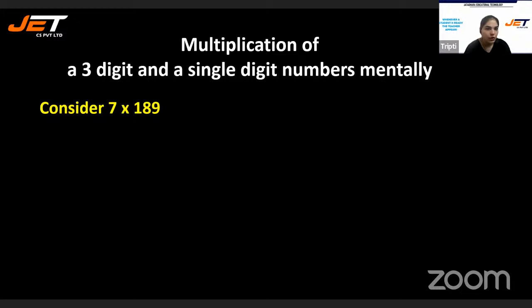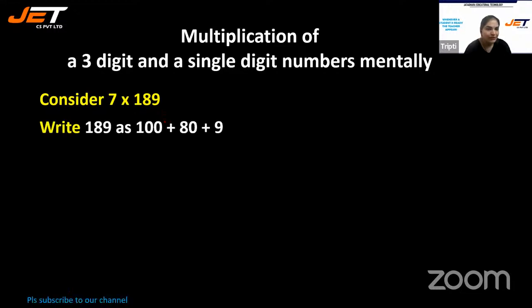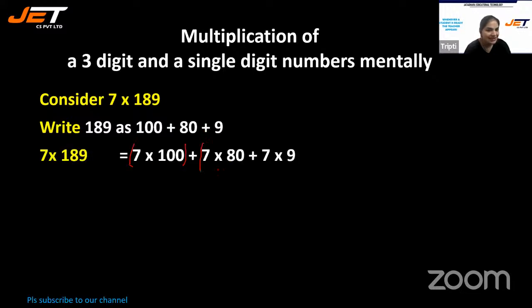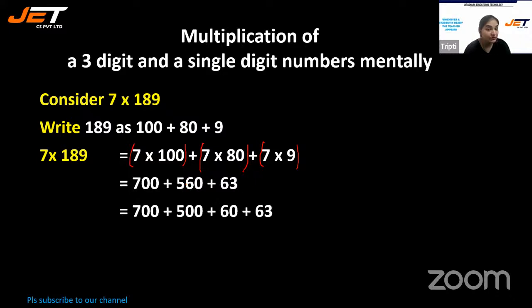Okay, so over here, 100 plus 80 plus 9. First, 7 times 100, 7 times 80, then 7 times 9. 7 times 100 is 700, 7 times 80 is 560, and 7 times 9 is 63. When you add them, it will be